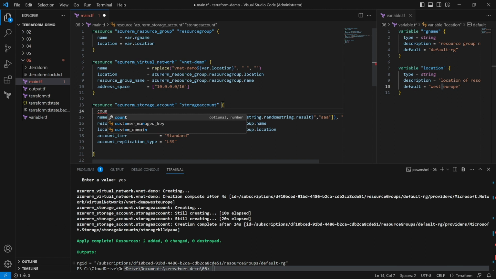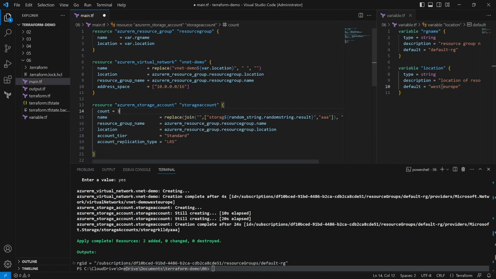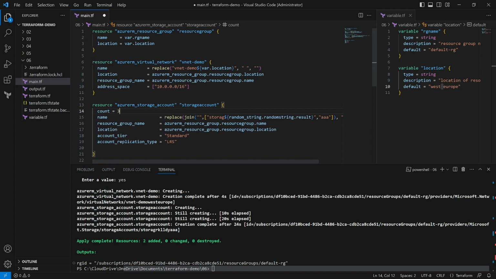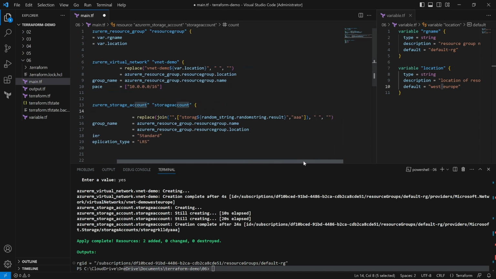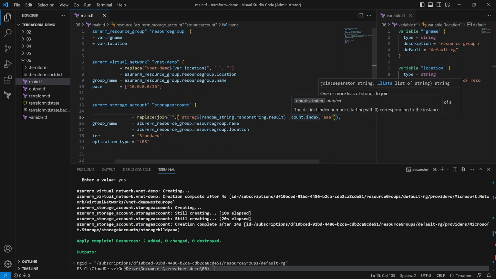So what I'm going to do here is create multiple storage accounts, like 3 storage accounts, with the help of my count variable. The count variable helps me loop over my resource to create multiple resources. Now, I'm just concatenating this count value in here. So I'm adding a comma and using count.index, and it will give me the number 1, 2, 3, and it will create the storage account